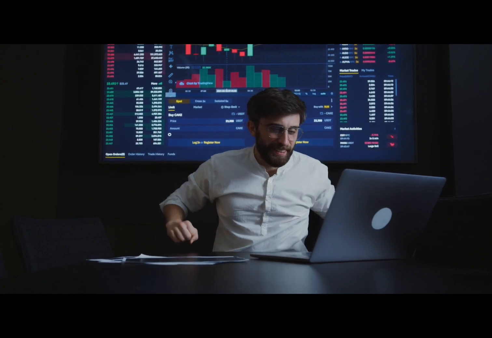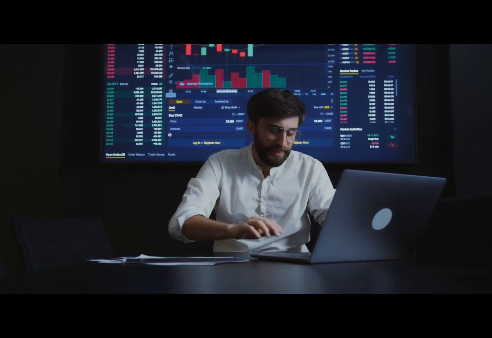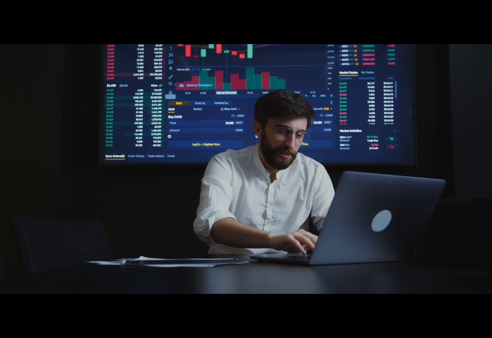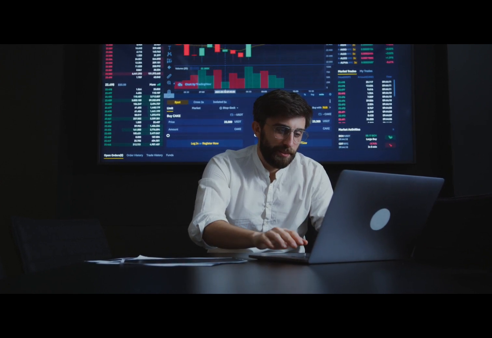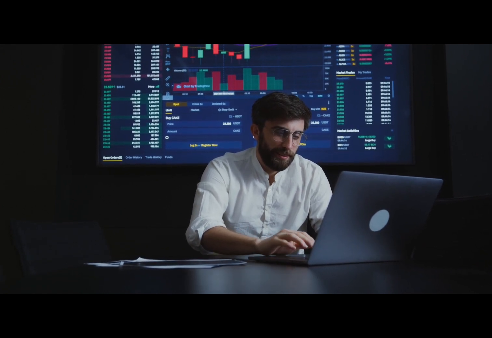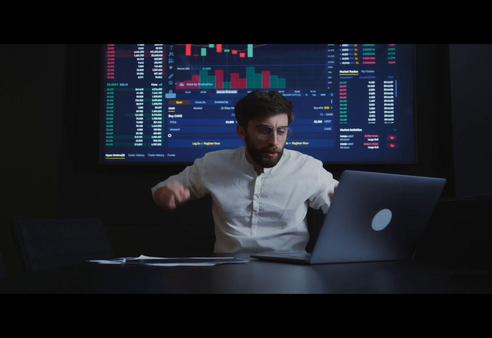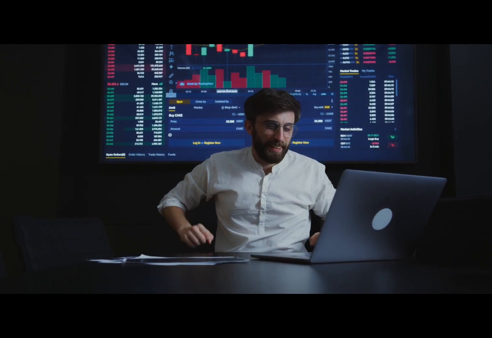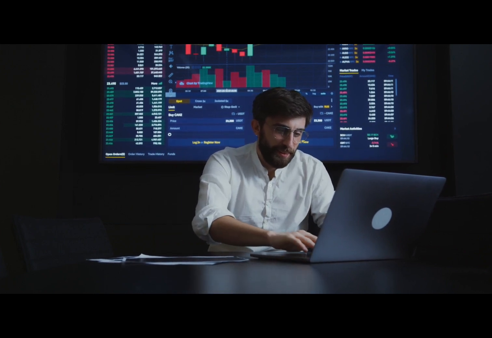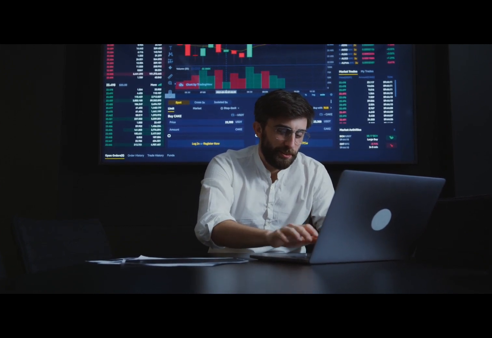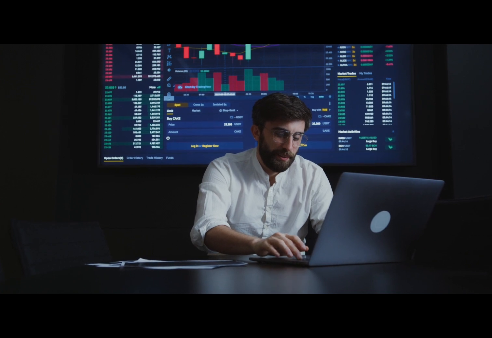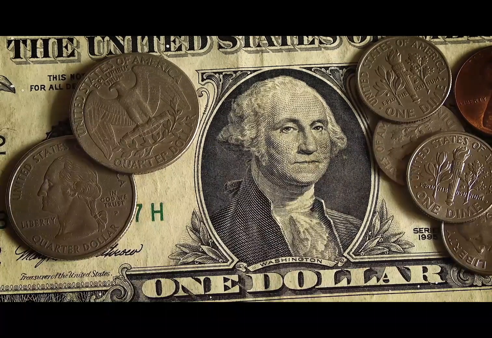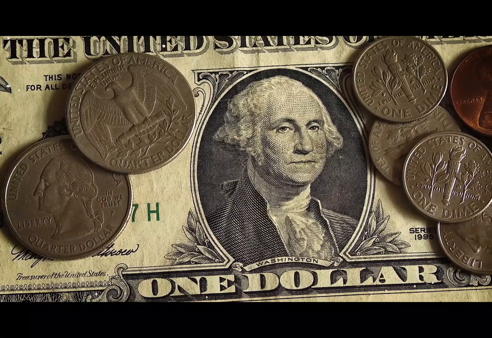Set a predetermined price level to automatically exit a losing trade and limit potential losses. Take profit orders: set a target price to automatically close a profitable trade and secure gains. Trailing stops: a dynamic stop-loss order that follows the market price to lock in profits as the trade moves in your favor. Margin call: OANDA WEB will notify you if your account balance falls below the required margin for open